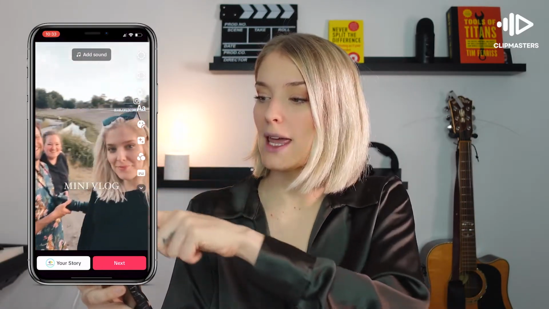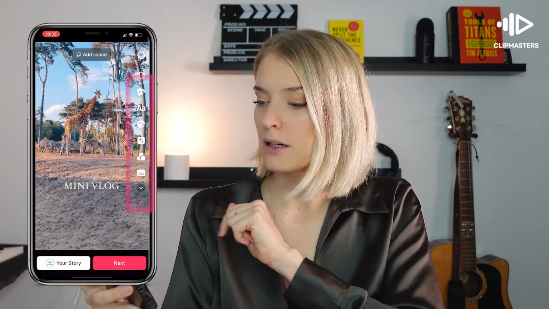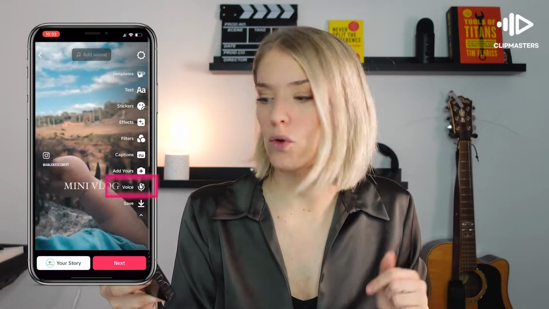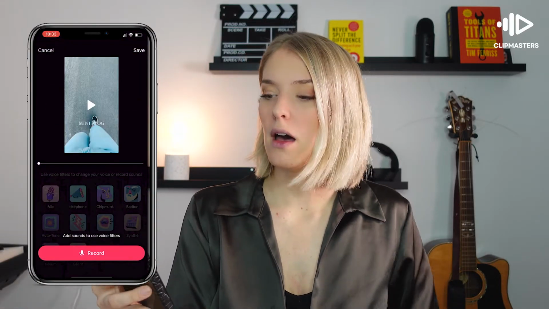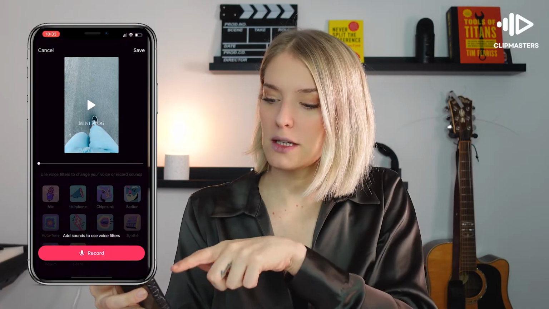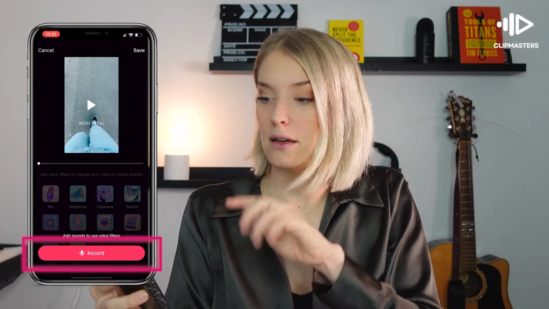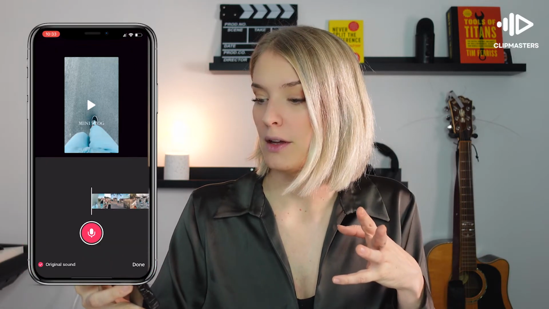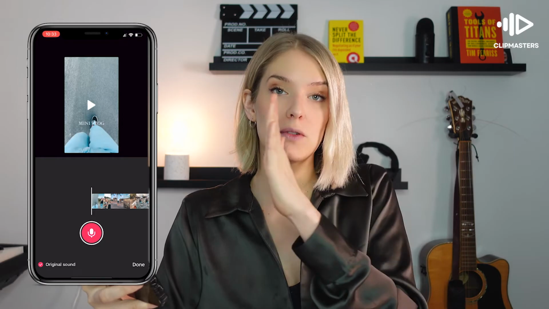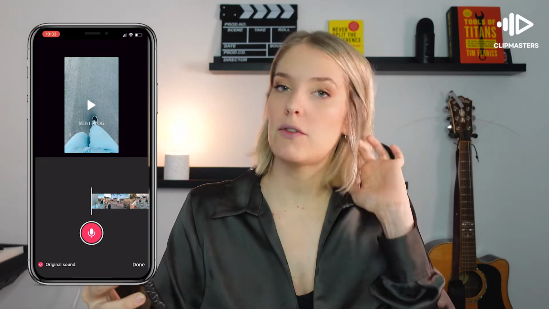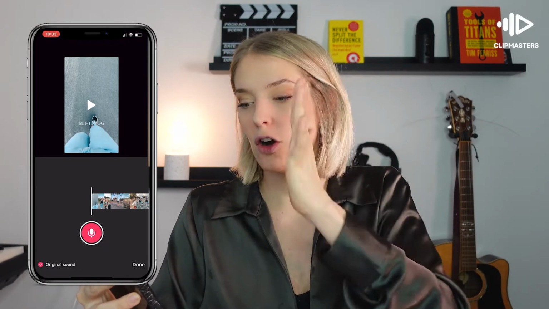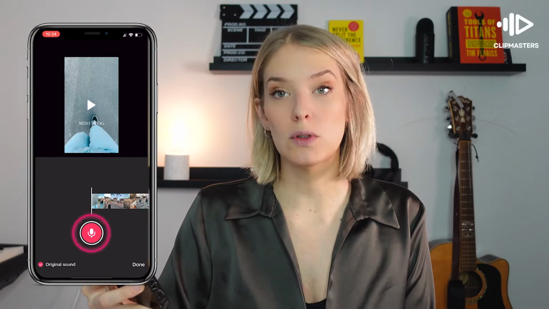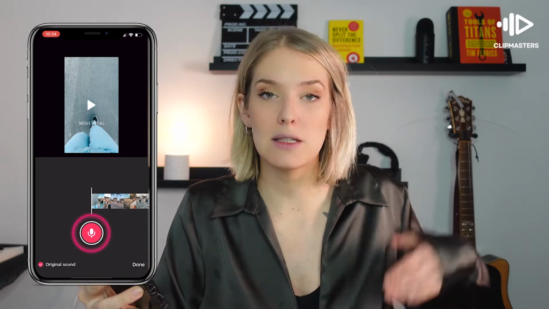And then when you go to the right-hand side where all the buttons are, click on the drop-down arrow and then scroll all the way down and you'll see voice. And when you open that up, you'll still see your clip and then you'll see a record button at the bottom of the screen. So once you click that one, it will open up the clip and you'll see all of the frames that you have in your edit. Now, if you only have one clip, that's fine as well, but I can see all of the different scenes in my vlog. And then what I can do is hold down that microphone button and I can simply start